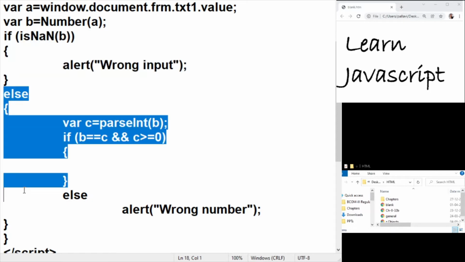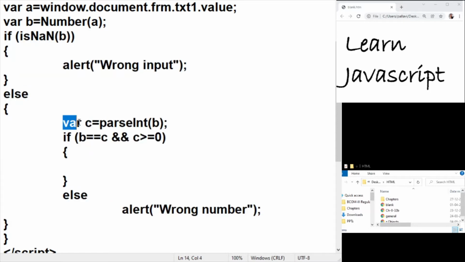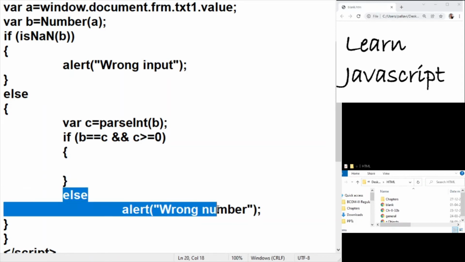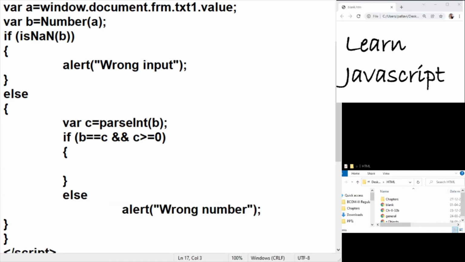And if it is correct, then the second thing that I would want to verify is that the input is an integer number, which is a positive integer number. So this is the condition for checking that the number is an integer number, and this is to verify whether the number is positive or not. So if all the conditions are met, here is where I'm going to put in the actual logic, and otherwise we'll start throwing errors.